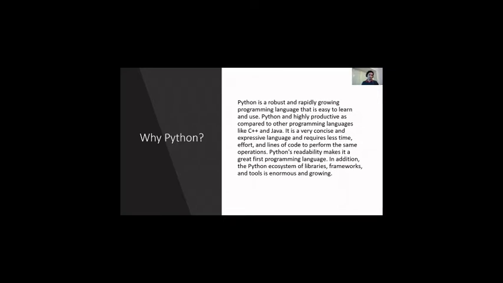Python works with this philosophy of duck typing. Duck typing means that if it moves like a duck, and if it looks like a duck, it's a duck. So we're talking about variables: if it looks like an integer, if it looks like a float, if it looks like a string, so be it.